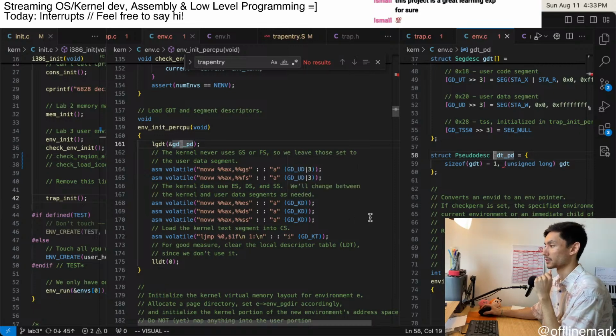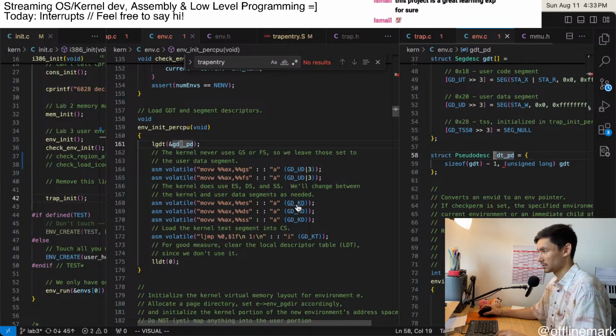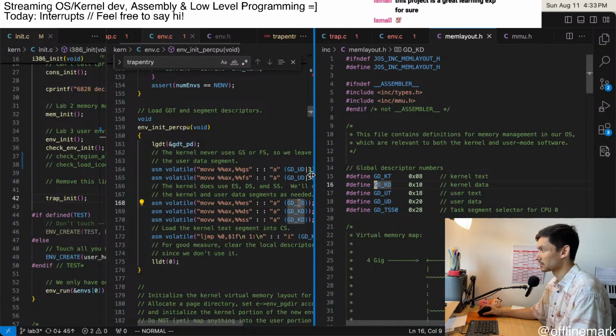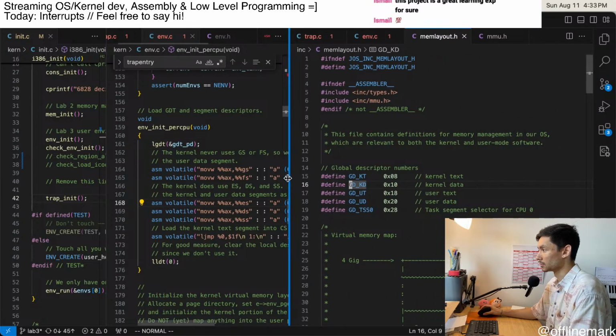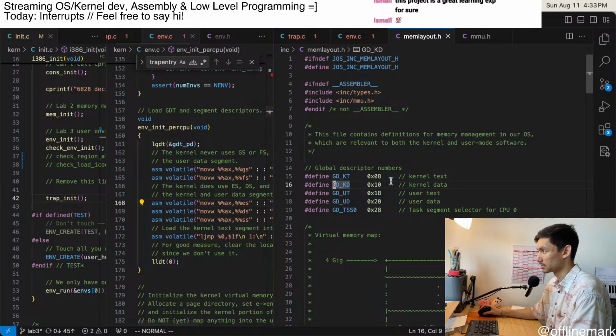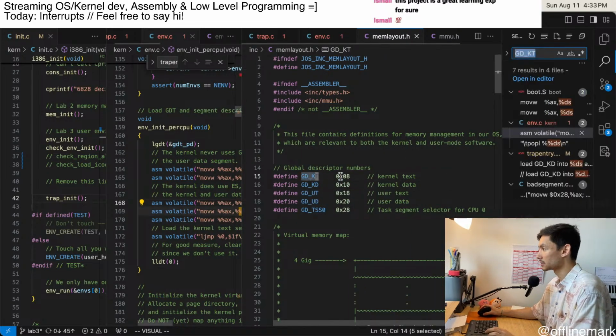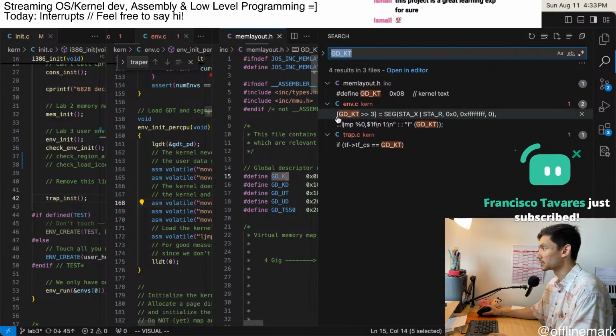Kernel, oh, KD is kernel data, KT is kernel text, maybe? Global descriptor numbers. Wow, yeah, I am feeling very out of my league. How is this used? So